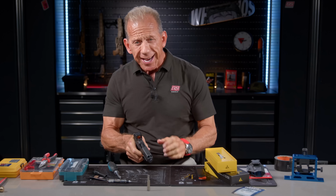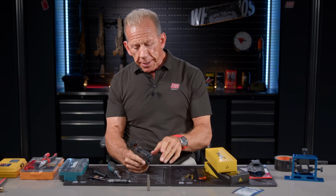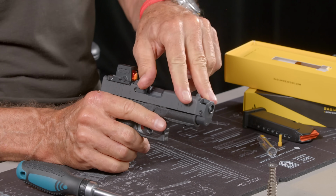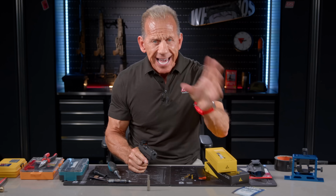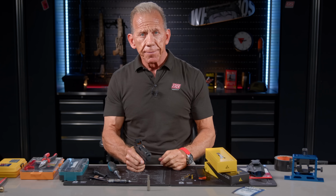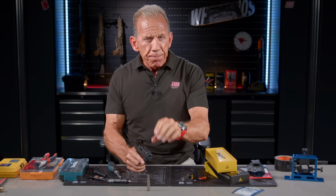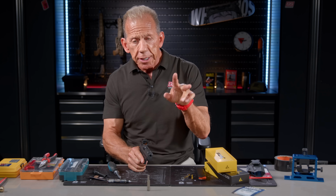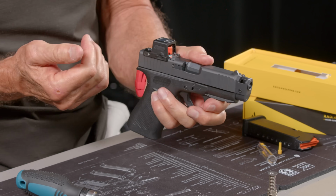And it feels a lot better, and it will operate a lot better for you as well. Now, a couple things to think about. When you use a compensated barrel or a ported barrel like this, sometimes some of the light ammo will not cycle the slide. If you're shooting really light loads or even some practice loads, you may have trouble because a lot of the energy of the ammunition is escaping here